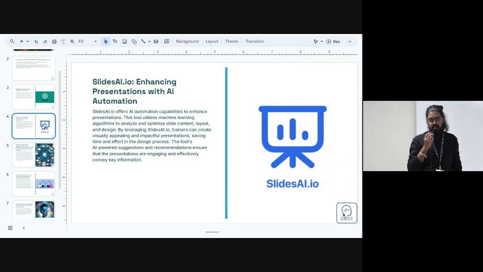So the next one is, for those who may not know, this entire presentation was enhanced with Slides AI. It is a very simple and very small tool that you add onto Google Slides. As we all know, we have access to Google applications with our staff accounts. You sign in with your staff account on Slides AI, and from there you can enter your topic. Mine was embedding AI tools.